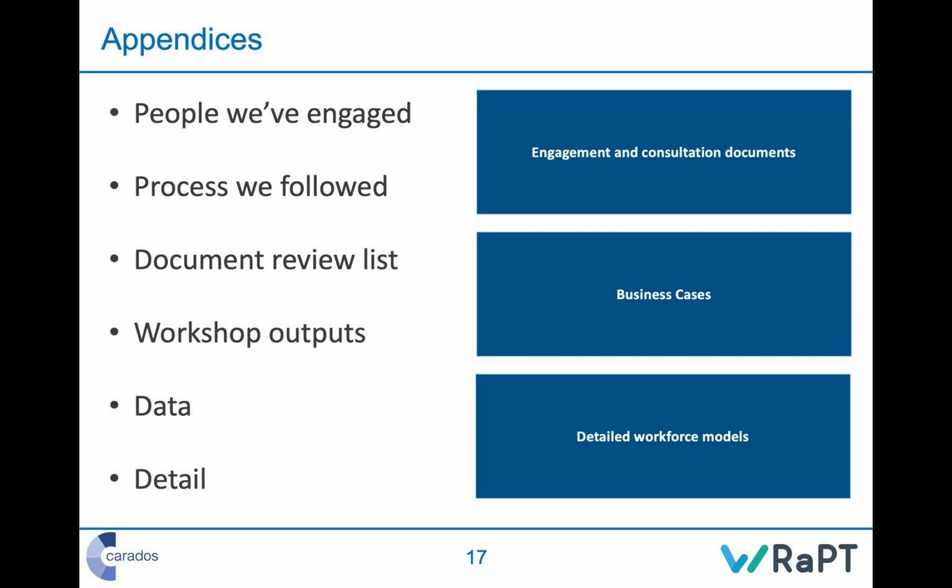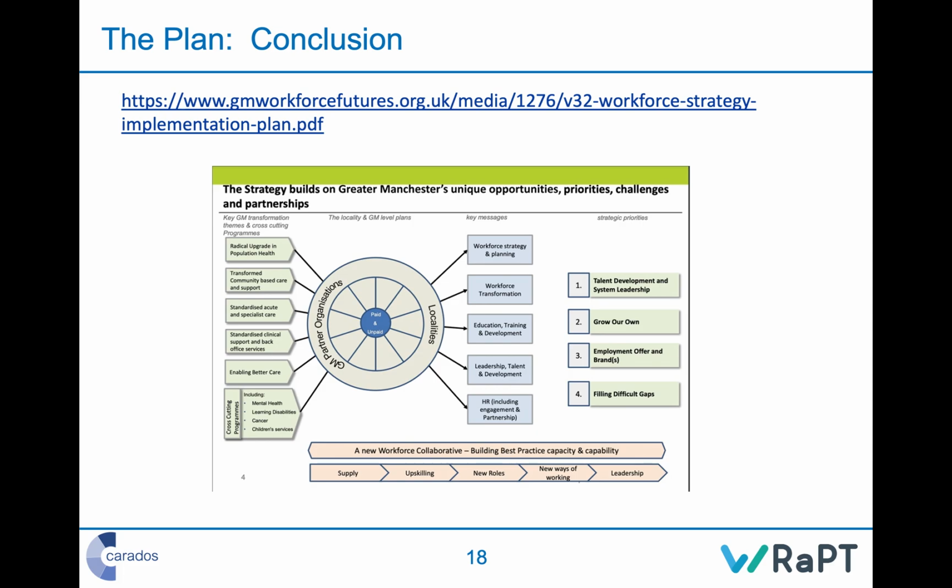Right, that is it really. That is what needs to go into a plan. In conclusion, I won't bring it up here because it's actually behind a light access firewall, but if you follow this link, you can gain access to have a look at the Manchester strategy if you wish. You would need to log on and get access to the GM Workforce Futures group, but it is there and available to use, and there is a nice one-page executive summary for the strategy, which shows what they've come up with in terms of the strategic priorities that they were following on from a